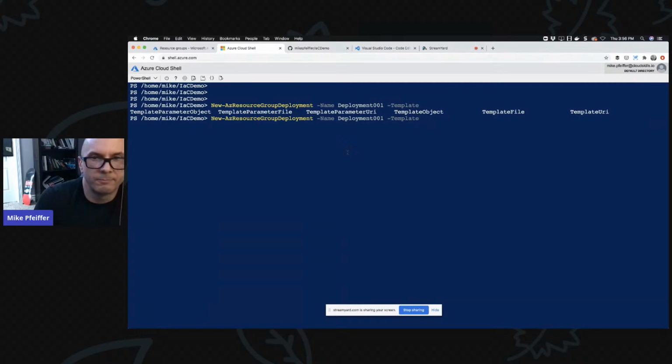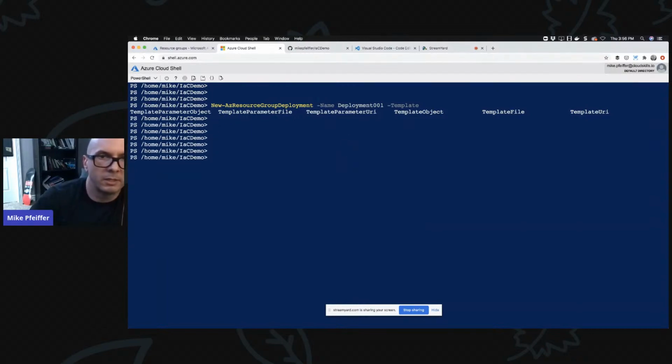So let's keep moving. This is hard to read, so let me back out real quick. Let me come down here a little bit and show you this. It's getting hard to read there. So let me copy that command, and then we'll say template /azuredeploy.json and then resource group name.